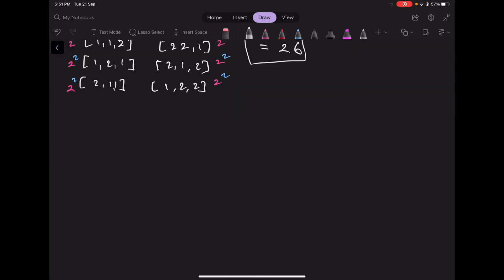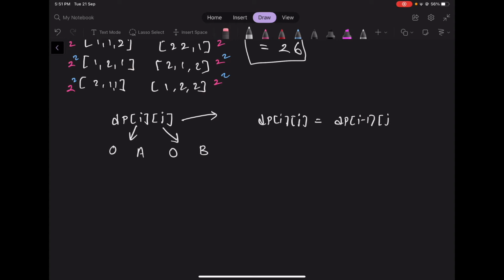Now one way to approach this problem is using dynamic programming. We will create a dynamic programming table dp[i][j], where i can take values from 0 till A and j can take values from 0 till B, and dp[i][j] denotes in how many ways we can create a prefix of i elements such that there are j unique elements among them. So dp[i][j] is equal to dp[i-1][j] multiplied by j, plus (B minus j minus 1) times dp[i-1][j-1].